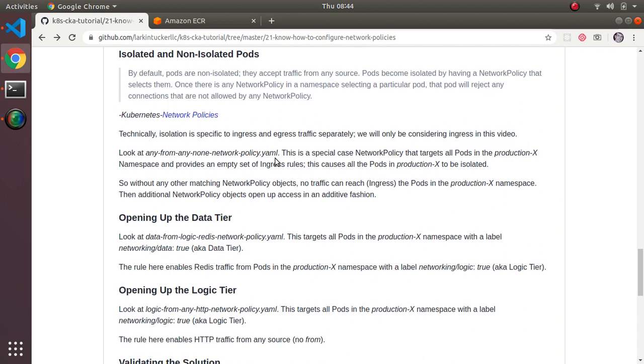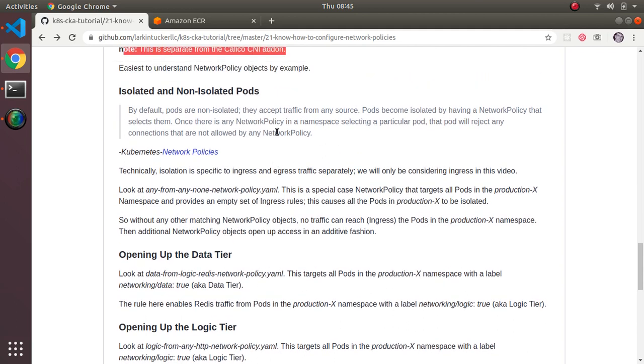Okay, and I think that's the easy way of seeing this idea. So the question is, what makes a pod isolated versus non-isolated? All it means is that shortly, we're going to create things called network policies, and they target pods based on labels and namespaces, right? And